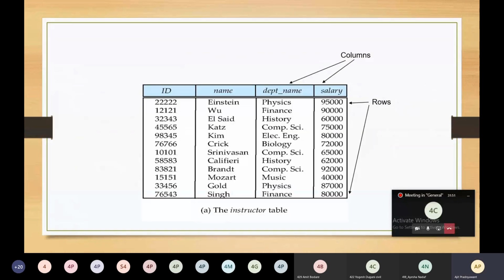This is an example of a relation. We have considered one table, the instructor table. The name of the table is instructor. The first column of the instructor table is ID. The next column is name, wherein we are going to store the name of the instructor.